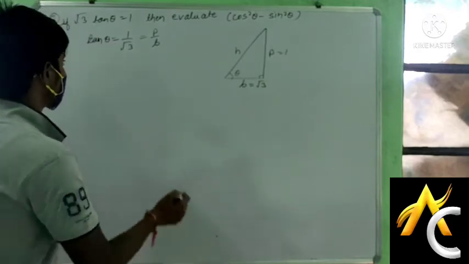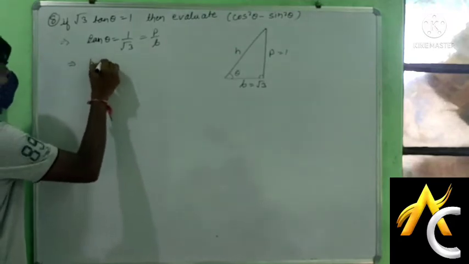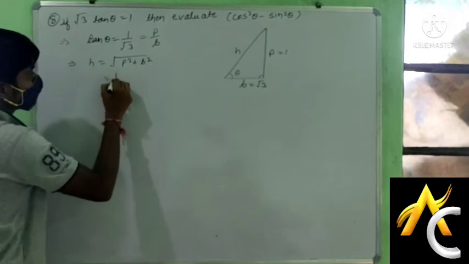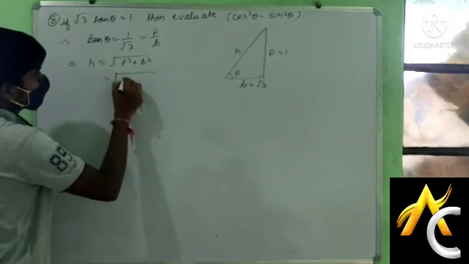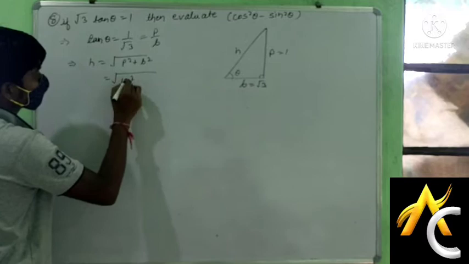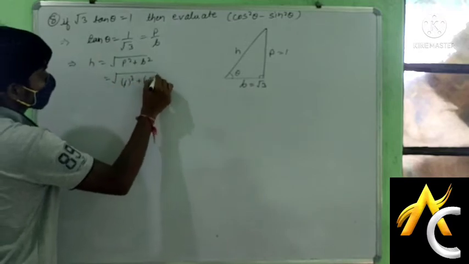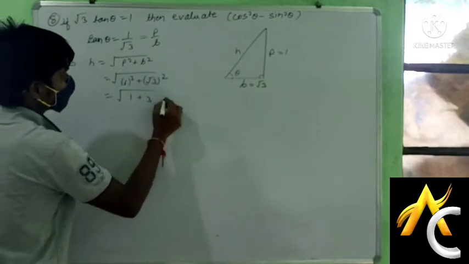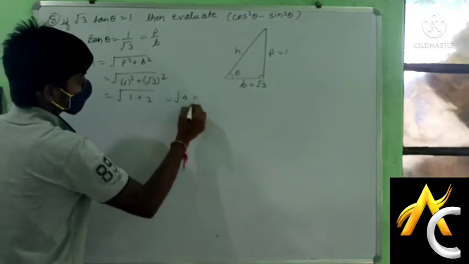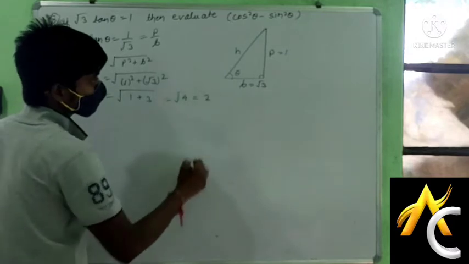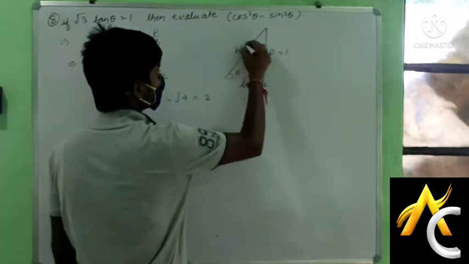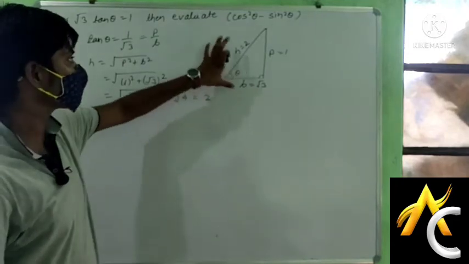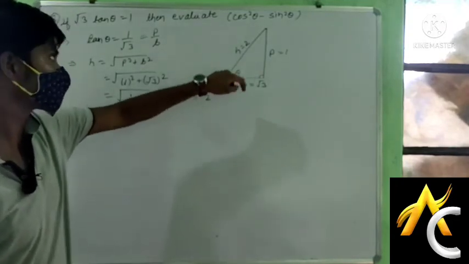Excellent. So the value of H will be root under P square plus B square. Hence it will be 1 square plus root 3 square, which is equal to root under 1 plus 3, that becomes root under 4, and root 4 is equal to 2. That means H is equal to 2, right? Doubt? Now we have all sides of the triangle, so we are in position to find the value of cos